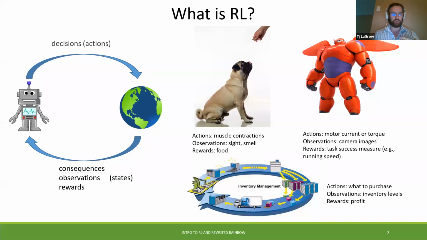So here we have consequences, observations, and rewards, a very illustrated example with the robot in the world, or we have some kind of dog learning as you give them a food reward. As many of you may have had a dog over quarantine, this might be a new thing you're trying to learn, but we can also use this in inventory management and different types of robotics.